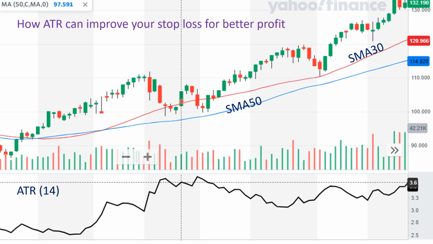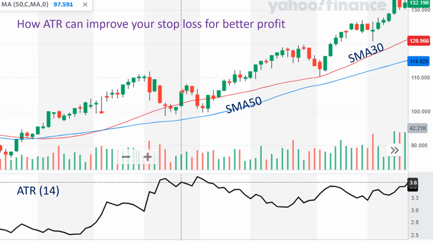This candle breaks this dynamic support or resistance, in this case because it breaks from the top down, and I'm going to enter the trade here at the close, and the price at this point, the close price of this candle, is